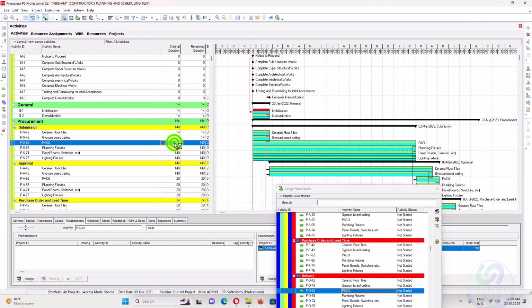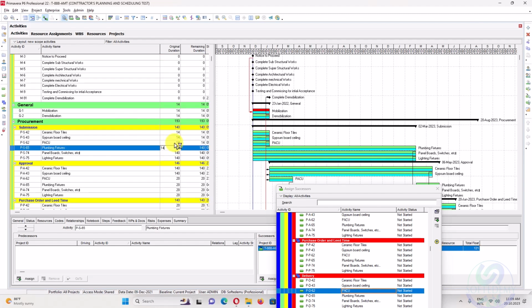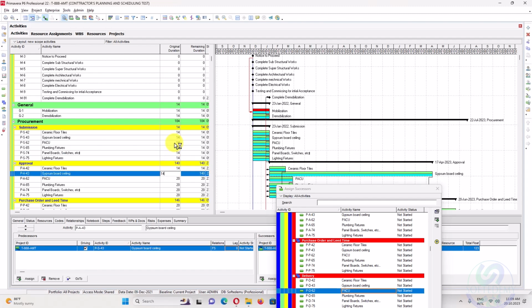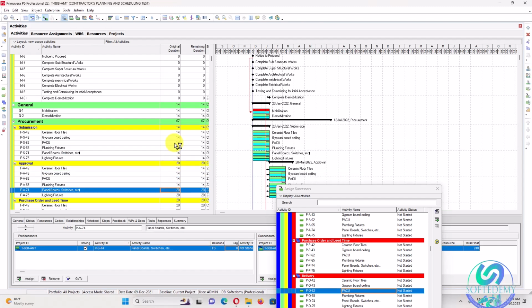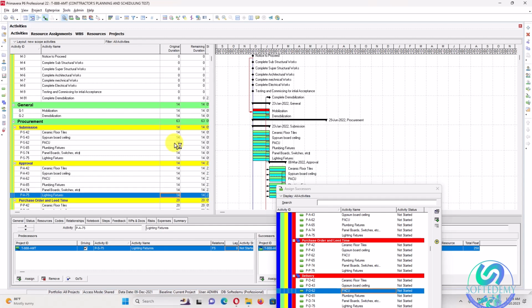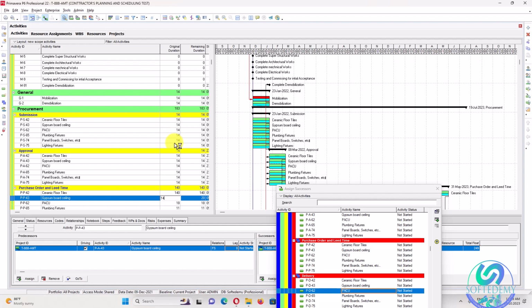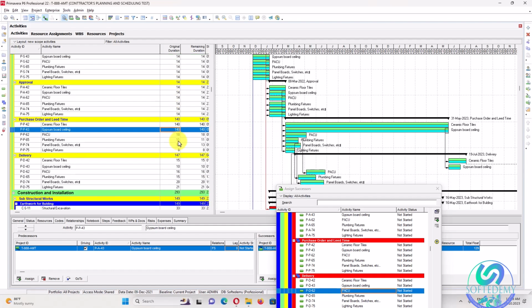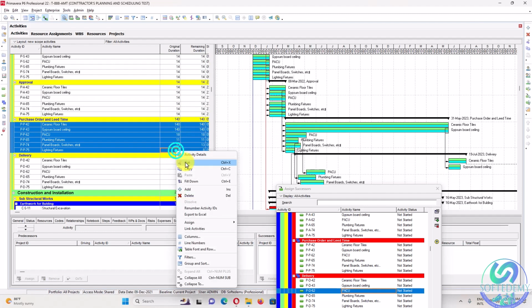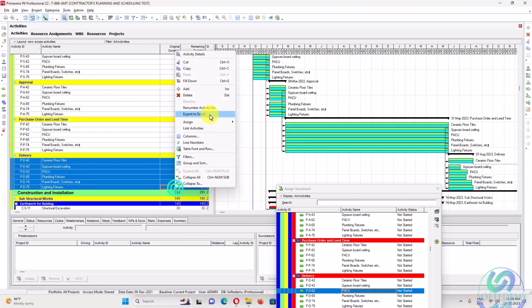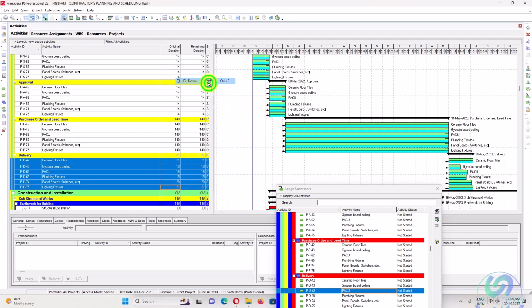Okay, so there are some issues, like this one is 14, and this one is 14, and this one lead time is 120 days or 140 days, 140 days, and this one all are 140 days. You can go here, select this one, control E, fill down. This one is 21 days, select this one, fill down. This one is filled down.